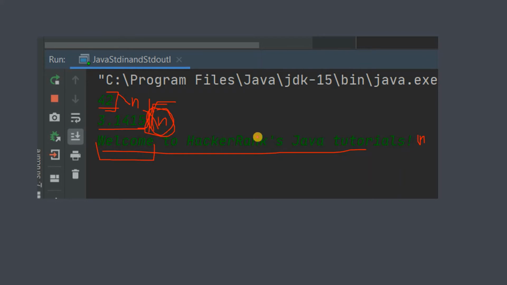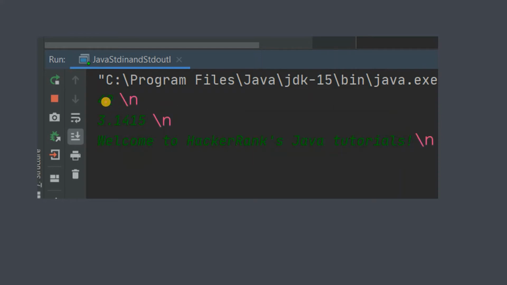So after this double value, whatever this line is there, actually not a new line, this escape sequence, after this cursor, this will be the string detected. And obviously then we don't have anything to take input afterwards, so this will get ignored. So basically what happens, after 42 there is a backslash n, fine, here also backslash n, fine. So this will be stored in the variable I that we had before.